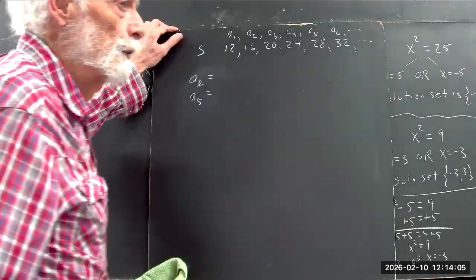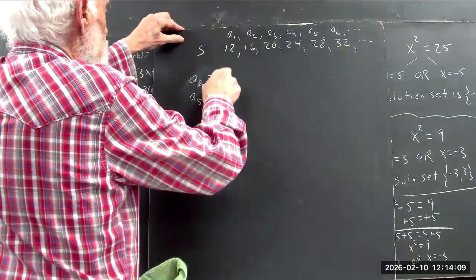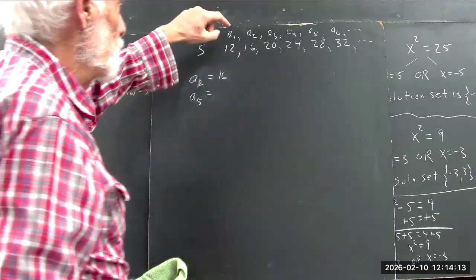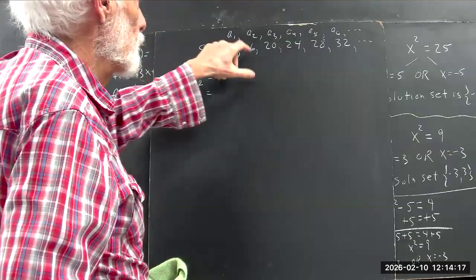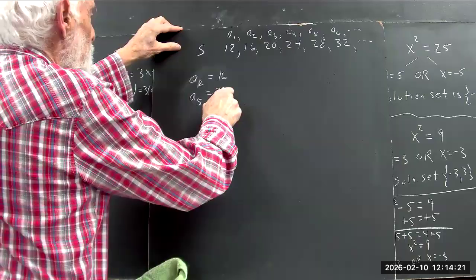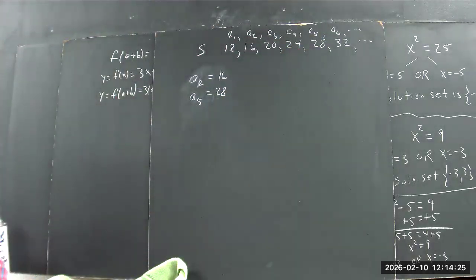Okay, so everybody has correctly identified that A sub 2 would be 16. It's the second member of the sequence. A sub 5, you don't necessarily have to write A1, A2, A3, A4, A5. You just count A1, A2, A3, A4. A5 is 28. It's fine to write this out. That's important. But there it is. Okay. Now,